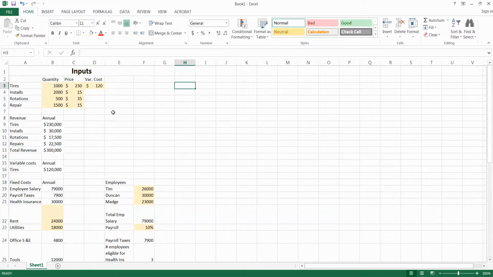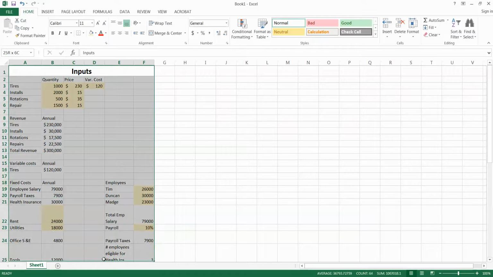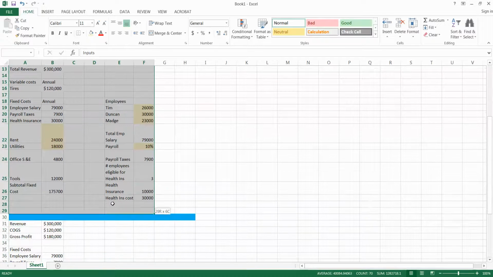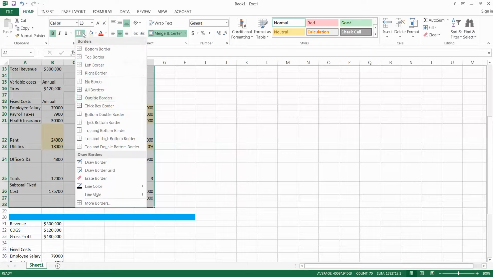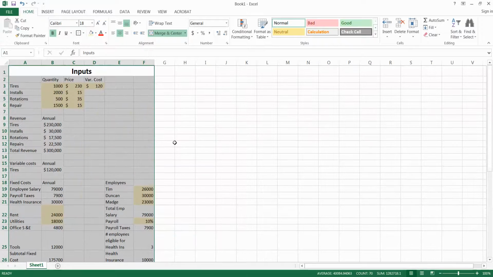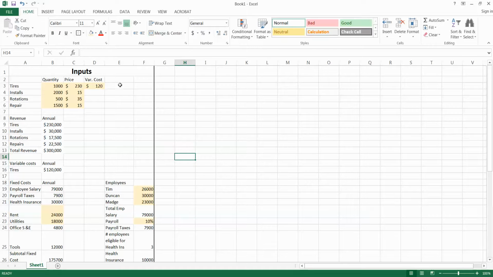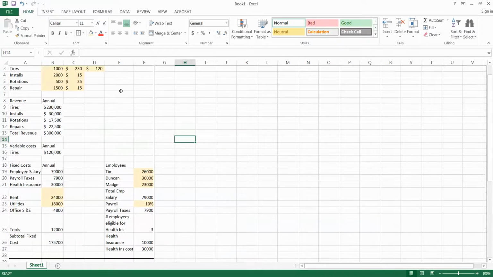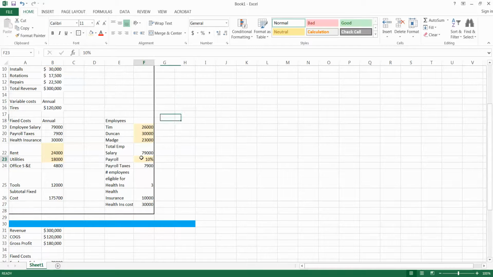So I know that's my inputs, and I'm going to follow Sean O'Neill's lead and box it in because he loves boxes, and he's right, it does look nicer. So we'll put a thick box border on it. Okay, so we've got our nice thick box border. We've got all our inputs. We know we've highlighted which ones are not formulas,